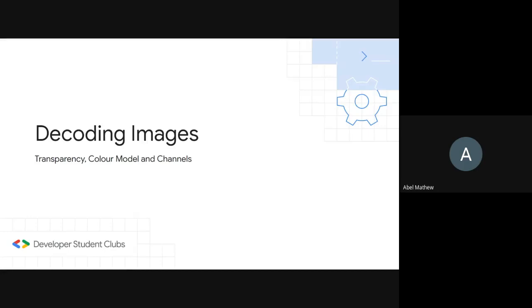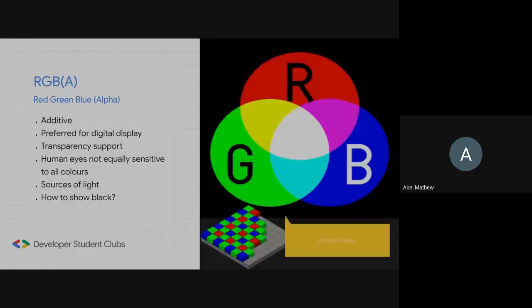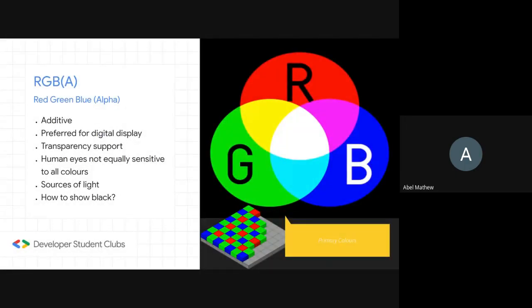The first step that we want to cover is how we decode an image that is stored in a hard disk or wherever it is, or a pen drive, and get the information out of it. The first section that I'm covering is something known as color spaces. We have numerous colors, and we want to have a way to represent those colors using some representation that is easy to understand.